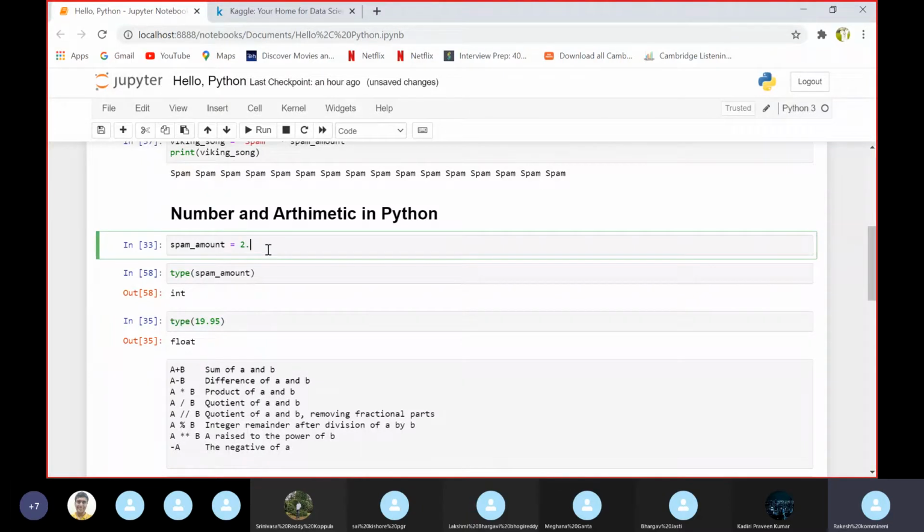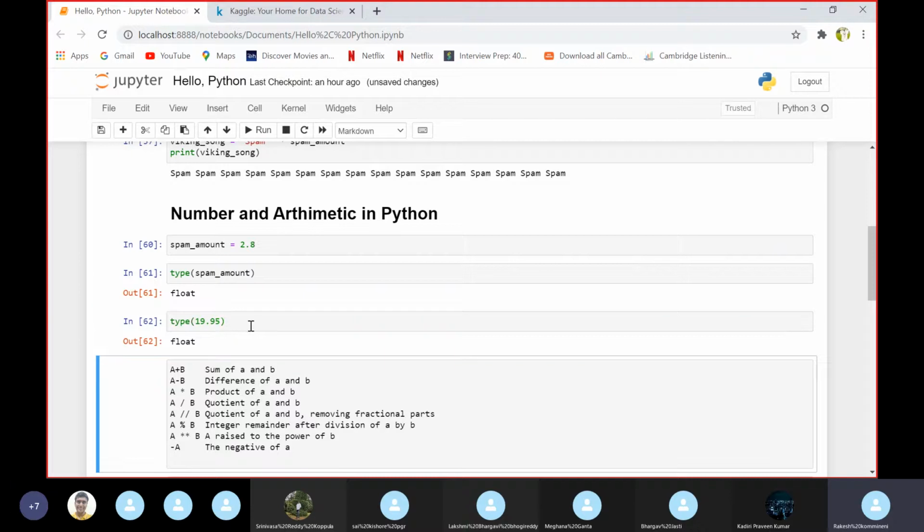If we have assigned a floating point value, then we get float. Here you can see how type works, and we can also know the type of a value directly. Since we are giving 19, which is an integer, we get integer directly here.